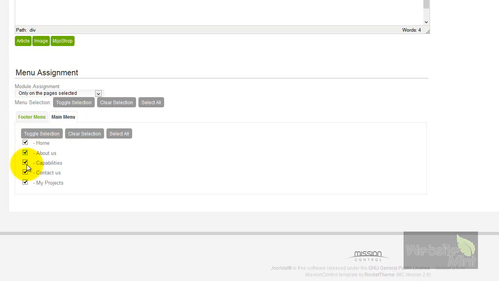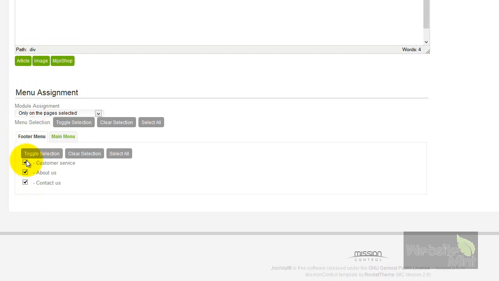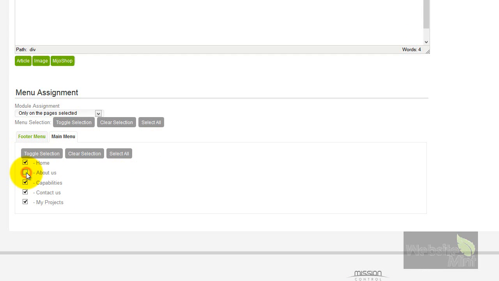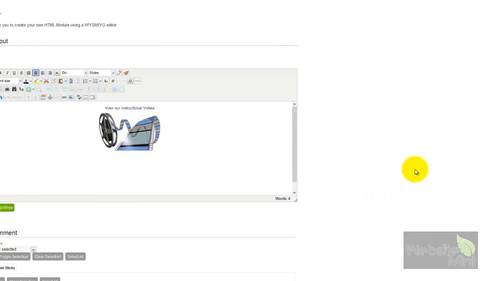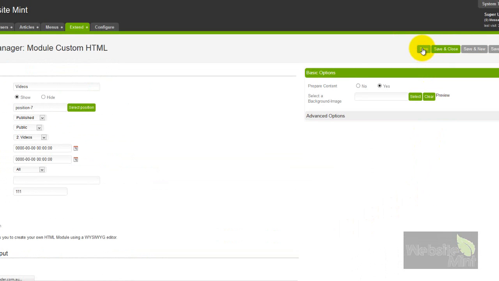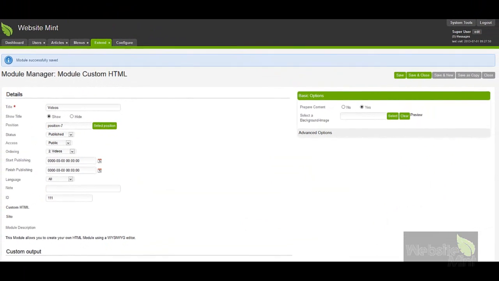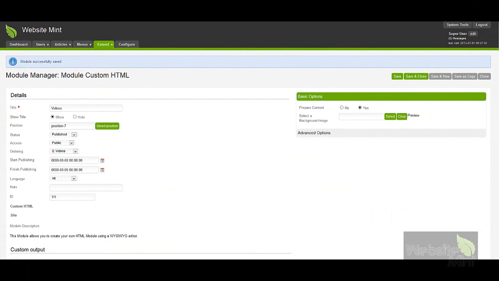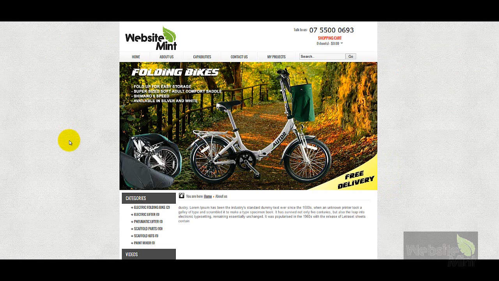And you can see all of the menu items for the main menu are selected. And for the footer, all of them are selected as well. We don't want this showing on the About Us page at all. So we'll take the footer menu About Us item there off and the main menu About Us item off there. So it's not shown on any About Us pages. Module successfully saved. And if I refresh the page here,